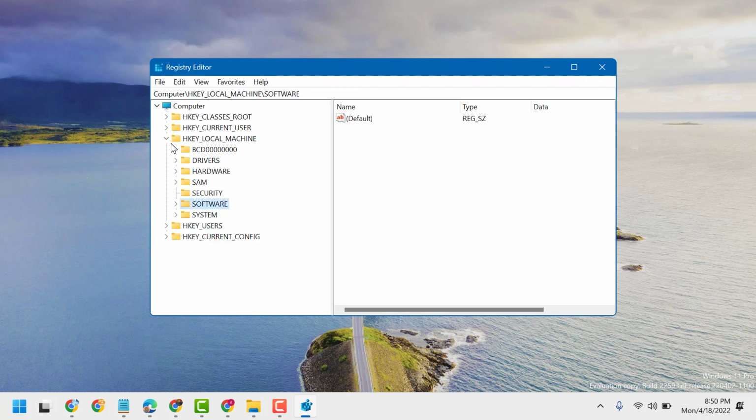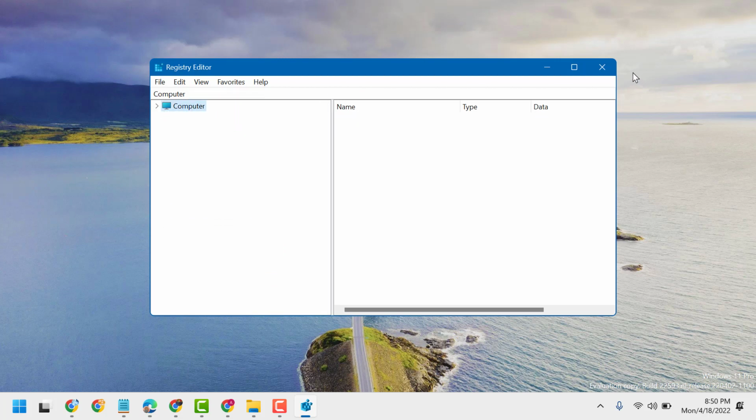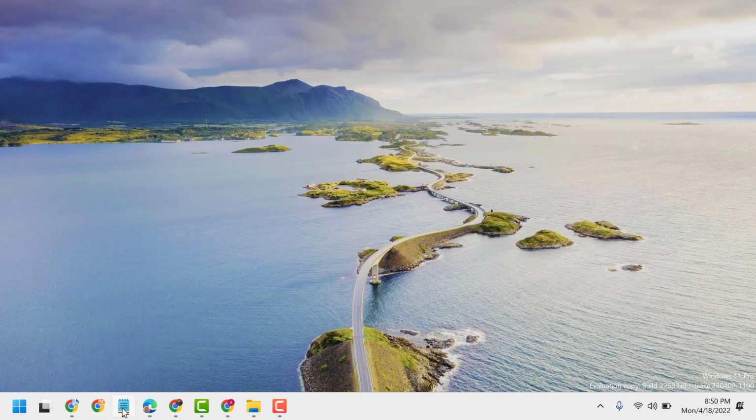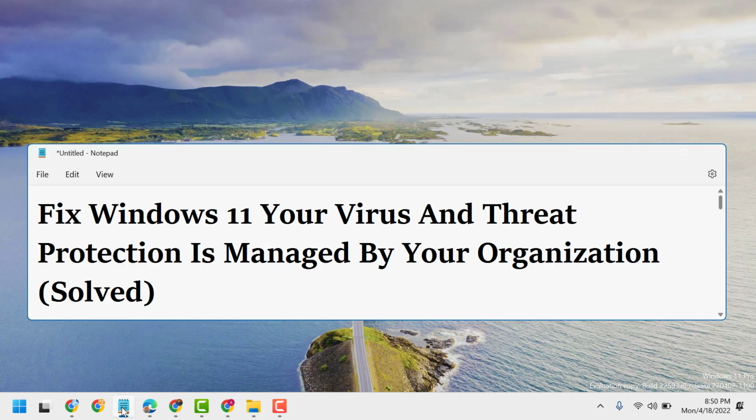So this is the basic way guys to fix and resolve Windows 11 error. Your virus and threat protection is managed by